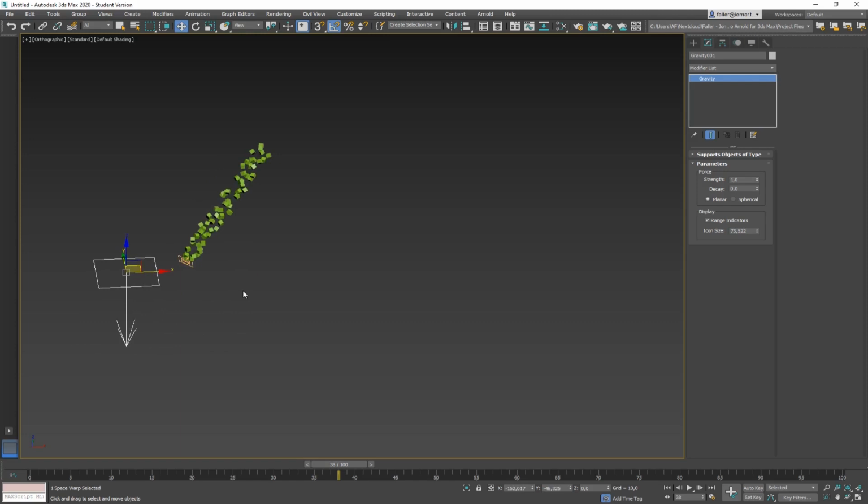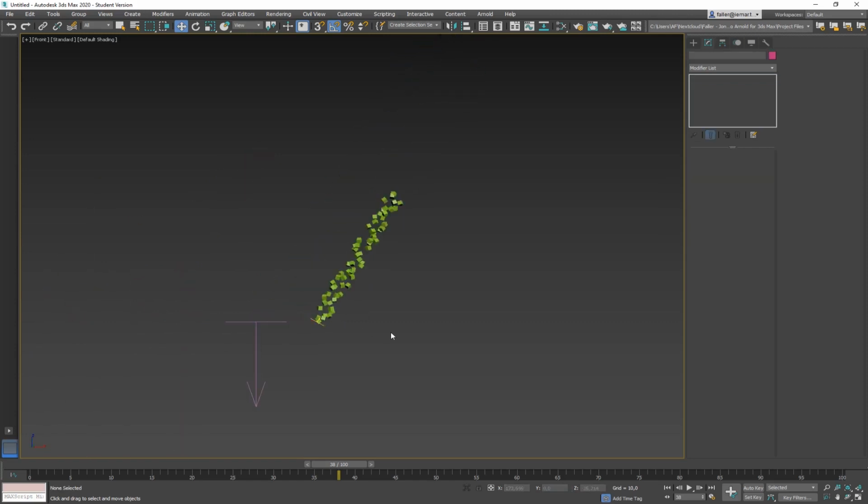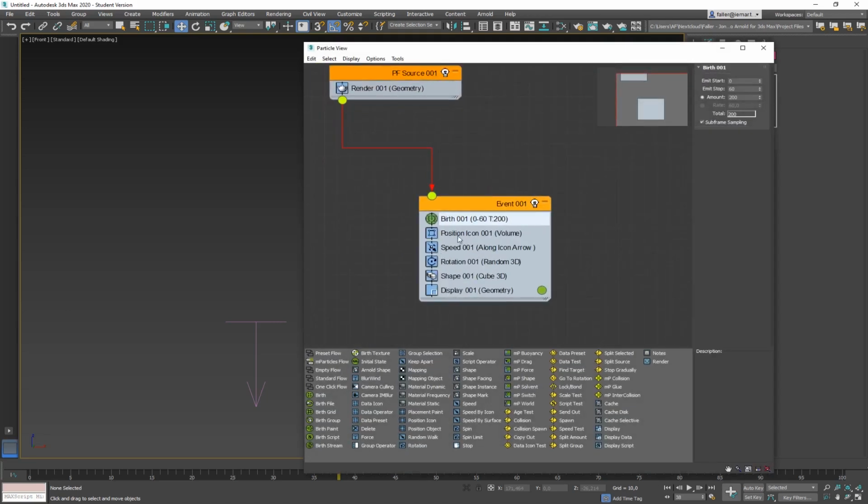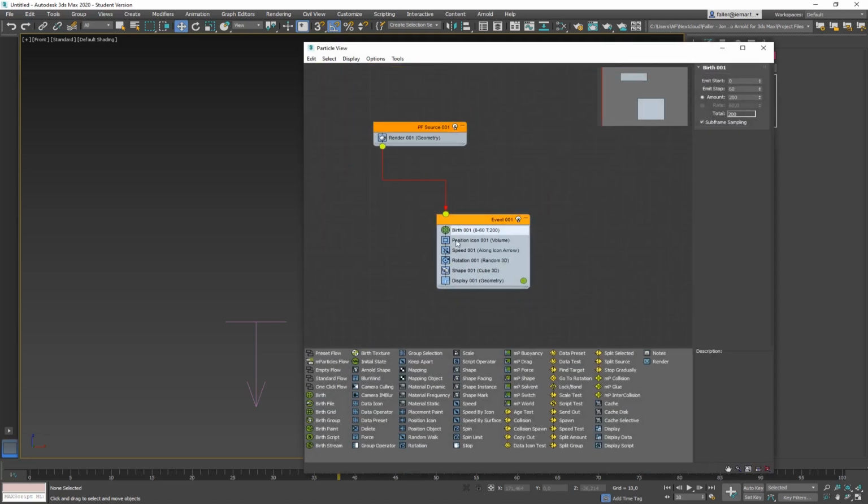Let's go back to the front view and let's add it to our particle system. Therefore, you hit 6 on your keyboard, opens up the particle flow, and now the gravity has to go somewhere into our event. And the gravity in this case is a force, and that is a blue symbol here. And when you click on the new operator, force, you can see force accepts any force type particle space warp as a force source.